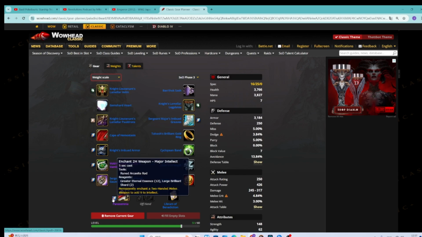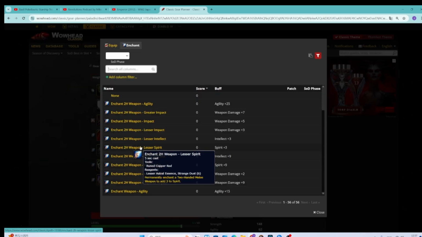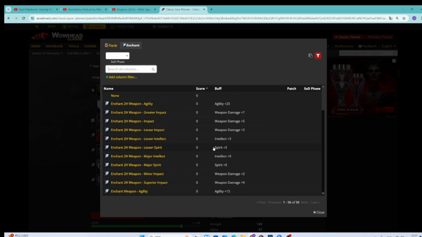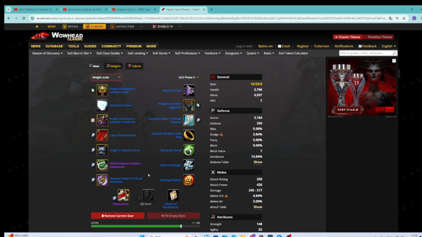To this end, you'll notice that my weapon enchant, which I didn't have in any of these duels, is +9 intellect. Eventually, at level 60, I might go with the plus 55 healing. It's really hard to say on the weapon. But of course, the other option is like 22 intellect. So I can have like a 4,000 thick mana bar at current level, which is just